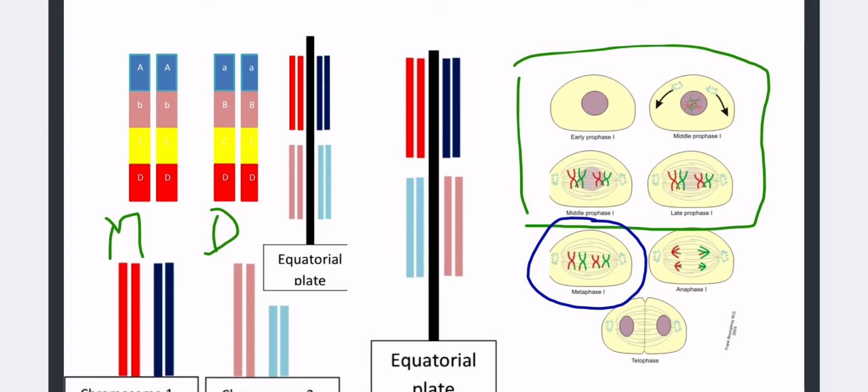Or alternatively, they can line up with mum's chromosome 1 on the left hand side of the equatorial plate and chromosome 2 on the other side of the equatorial plate,